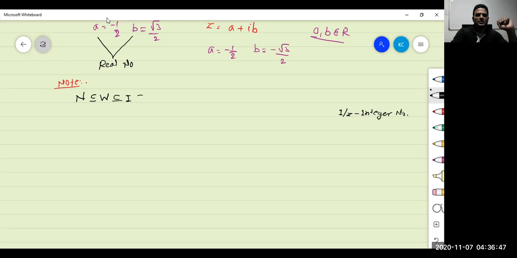Then integer is the subset of rational and irrational. Rational and irrational is the subset of all forms. Real, Q basically rational number form. R will contain all the forms of numbers, and then a new number came into the picture, and that is called the complex number, which is denoted by